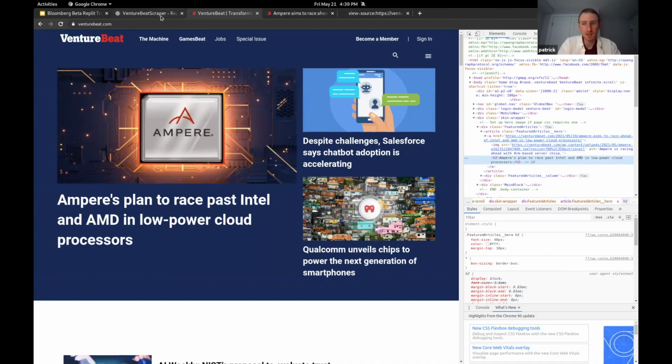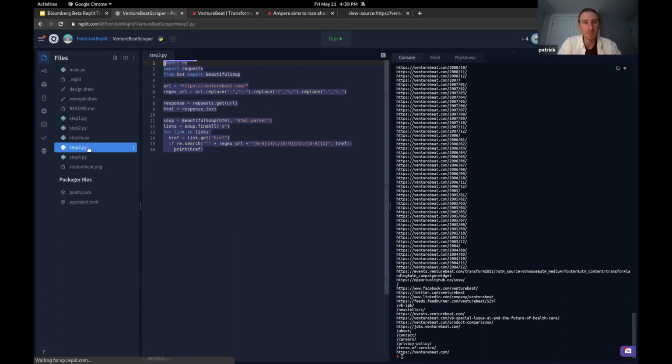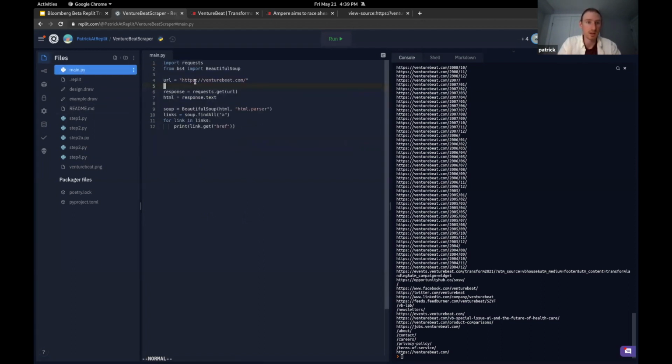So the next thing, going ahead with step 3, we're going to use something called regular expressions, which is a really powerful and flexible programming concept for matching different words and strings together. Strings is just another programming way of saying words. So if I come back to my main file and get rid of all of this,